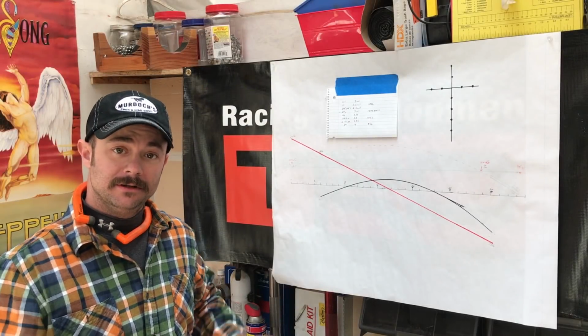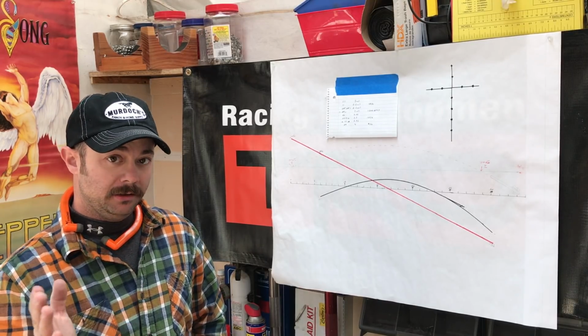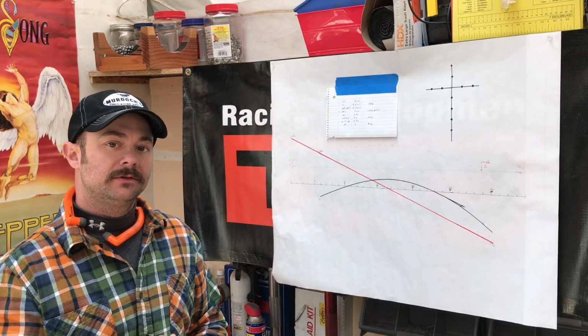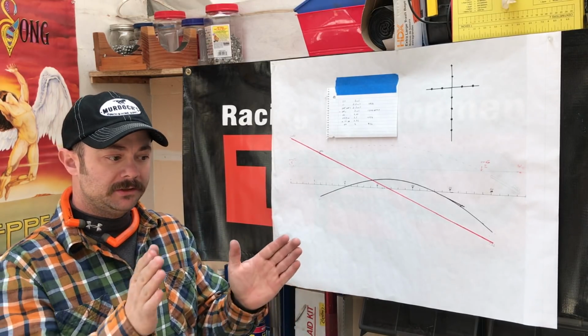Okay, so we're done with another bottle full of shots. They're going down range, and I learned a lot this time. I'm watching the barrel let in. You guys can't see it because you're not looking through the scope, but I'm watching through the scope, and I know when I pull the trigger with this rifle, and I can feel it, and I threw a couple off, but I'm watching those